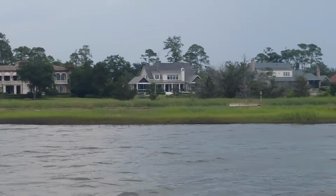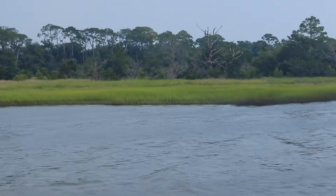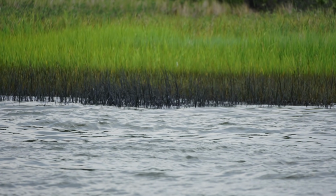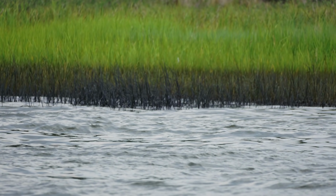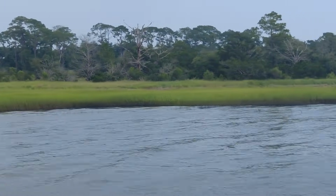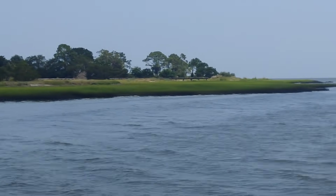Today, now this is down on the south end of St. Simons Island in the Sound, close to the area where the navigational towers have been taken down, and near the Sea Island Golf Course on the south tip of the island. What we did today is we just kind of rode down this area of the marsh. It's a pretty good stretch, and we've sped the video up and included some stills, and we just wanted to show you guys the extent of what we're seeing